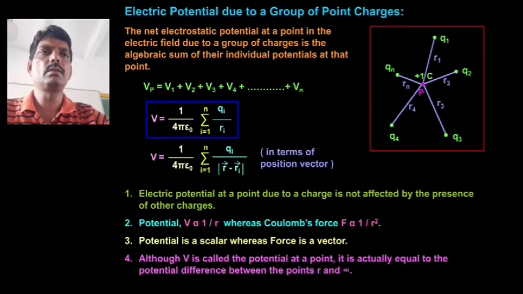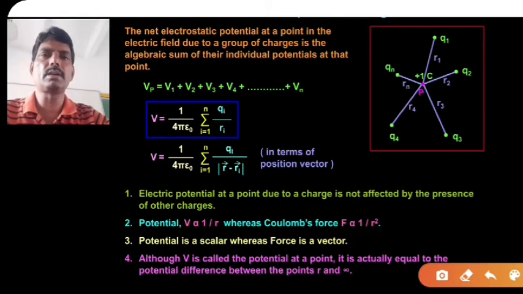Students, in previous lectures we have seen that if you have a single source charge and you want to calculate the potential in the field of that source charge, then you can get that electric potential by V is equal to 1 upon 4 pi epsilon naught Q upon R, where R is the distance at which you have to find the electric potential. Now suppose instead of a single charge, you are given a number of charges,